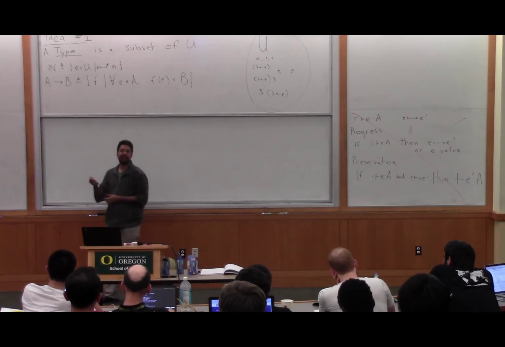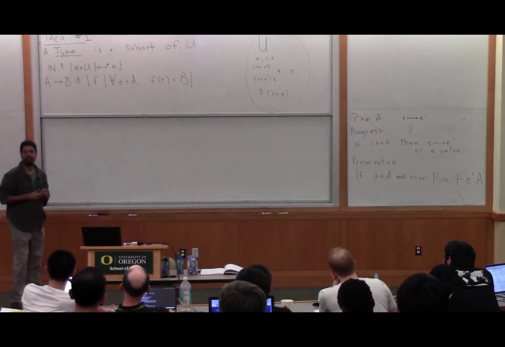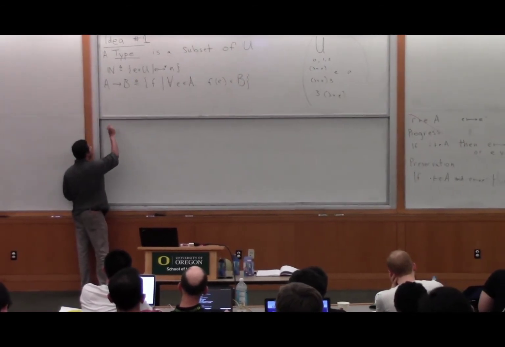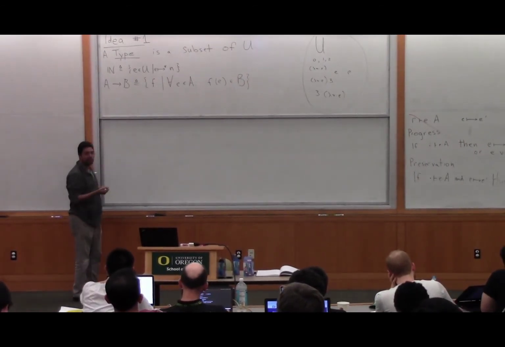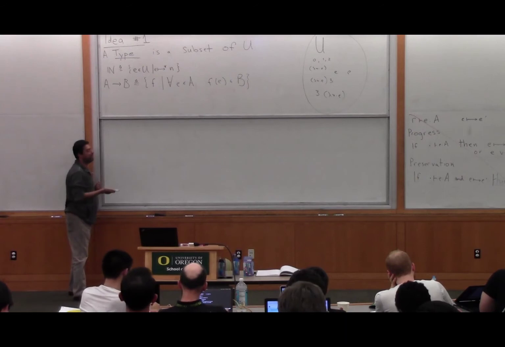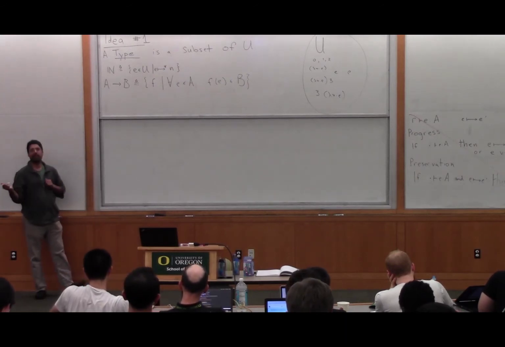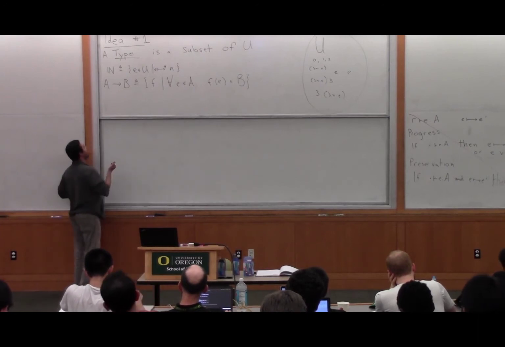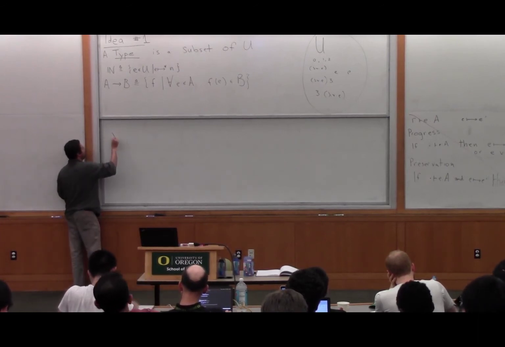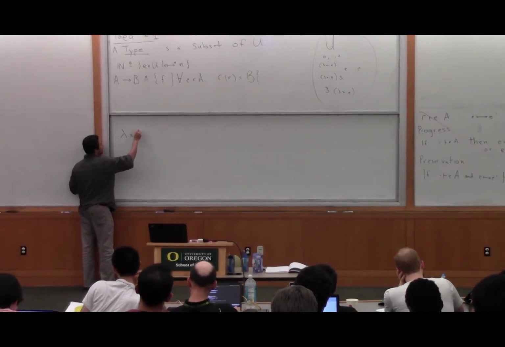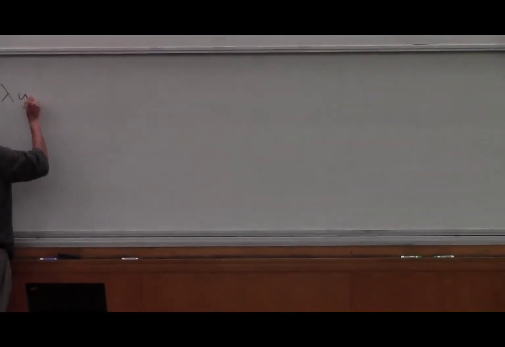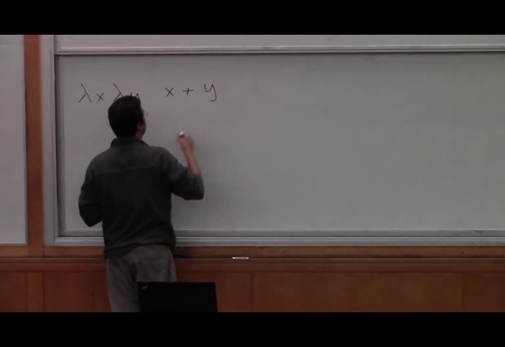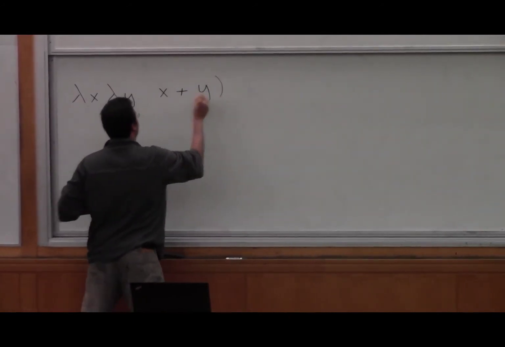I've been repeatedly saying, oh yes, we want equations between programs. What do I mean by that? One of the things we would like is to be able to say that one program is equal to or different than another program. Here's an example of an equation that we might want. If you have lambda x, lambda y, x plus y, we might want to say that this program right here